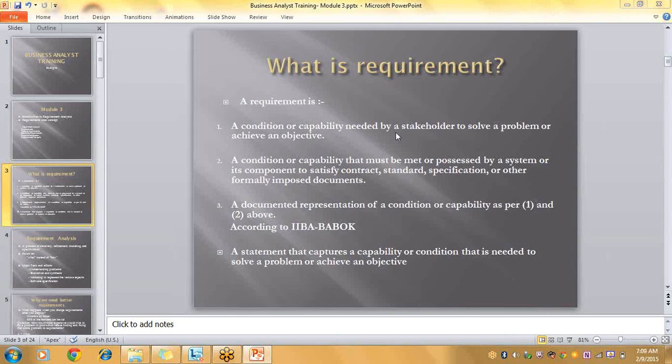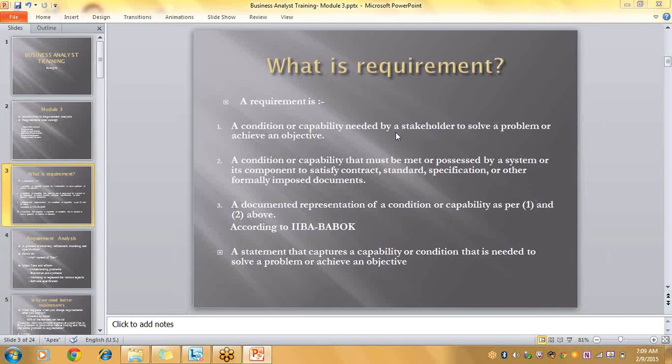So a condition or a capability, if I'm giving a capability of the website, as you say, it should increase the performance, right? As you said, it's taking a lot of time. That is a capability I need as a stakeholder in order to solve the problem. The problem is it is taking a lot of time to download a particular software, or an image, whatever you are doing. So when I say capability, I am thinking from a system point of view, that my system must have, or might have going forward,